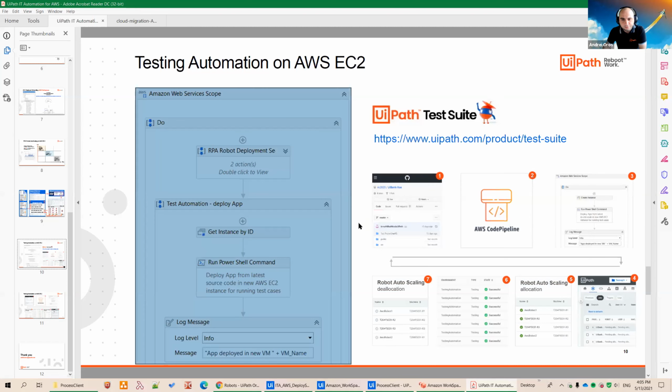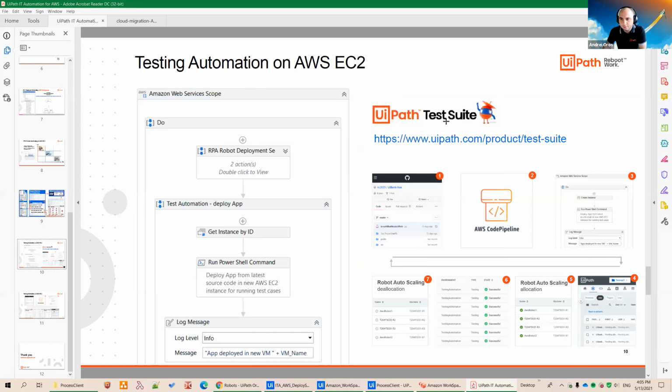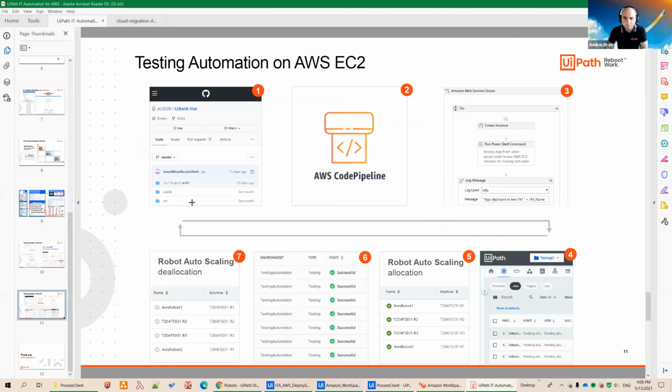workflow that deploys for you what's needed for the UiPath test cases to run. Then you end up with a ton of test cases, right? And yeah, the robots are stopped because you want to have an efficient RPA deployment. Auto scaling kicks in, starts the robots at step 5. It runs all the test cases in our orchestrator, and then auto scaling kicks in and deallocates the test automation robots. So yeah, this is how it looks